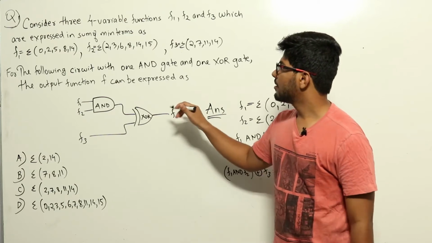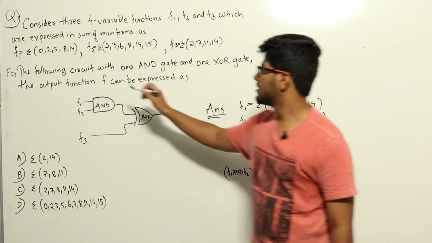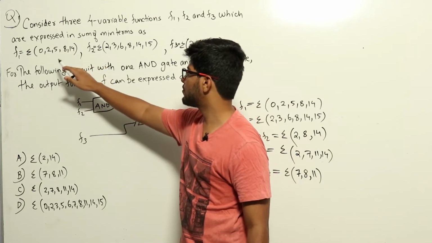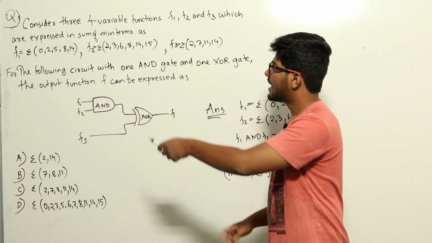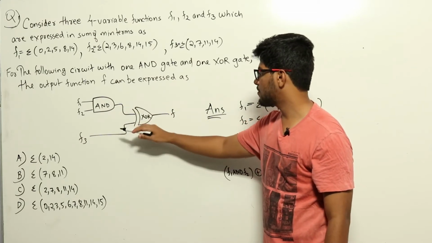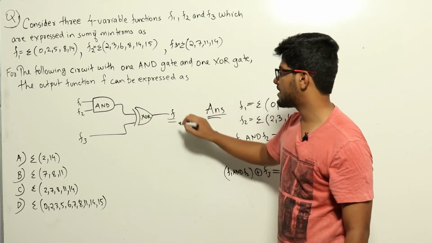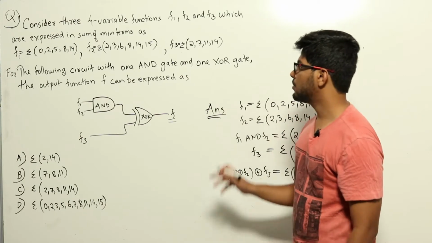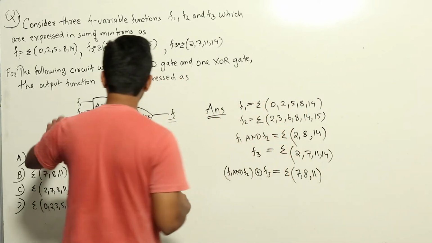Now this is a question from the detailed logic section. So one way to do this is that we can find out the minimum sum of product form for f1, f2 and f3, and then we can find out f1 and f2 and do XOR with f3 and try to find out what the function f stands for, but we don't need to do all that in order to answer this question. So how to do this is, if you see, initially we have to do f1 and